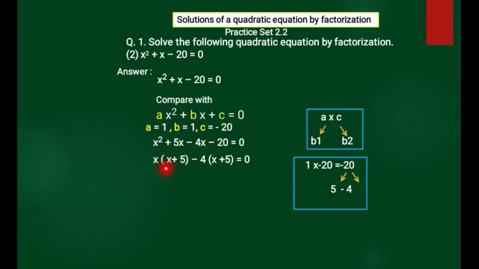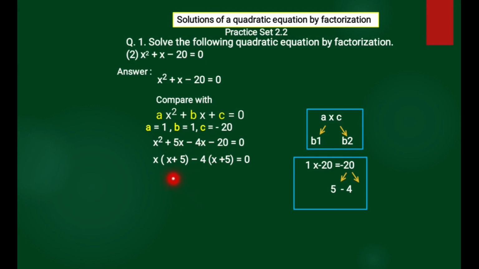From the first two terms we take x common, then the terms in bracket are x plus 5. So the factor for the first term is x plus 5. For the last two terms also we have to obtain x plus 5. For that we take minus 4 common here. After taking minus 4 common we get x. Here the sign is minus, so we take the minus sign, minus 4 common, and we have to write plus here. So 4 5s are 20. In this way we get the factors in the form of x plus 5.